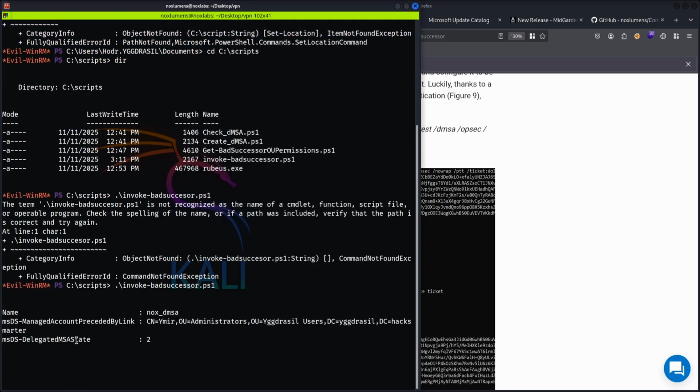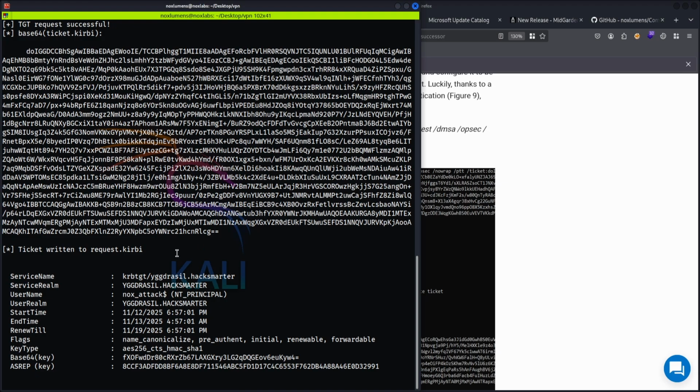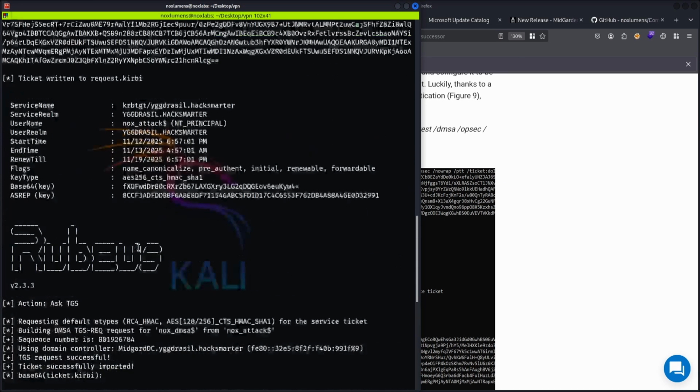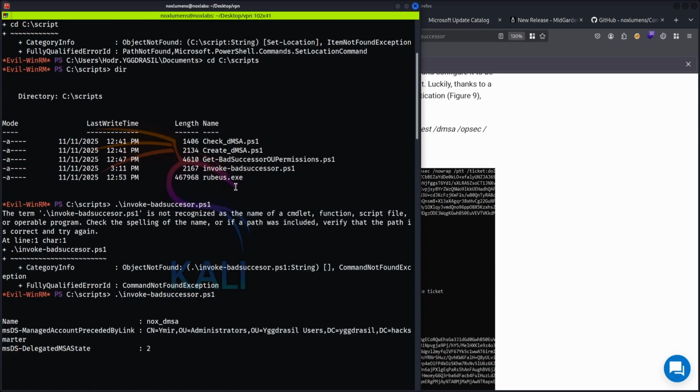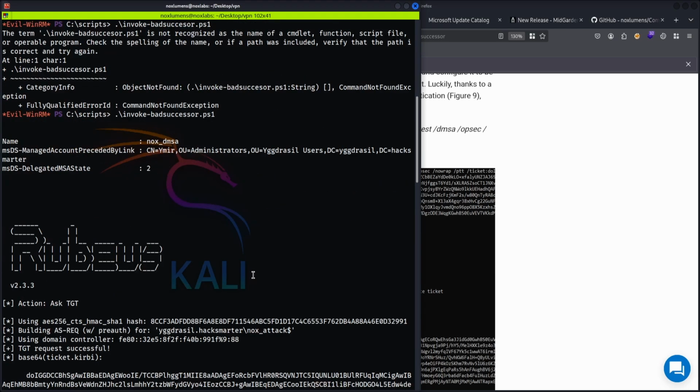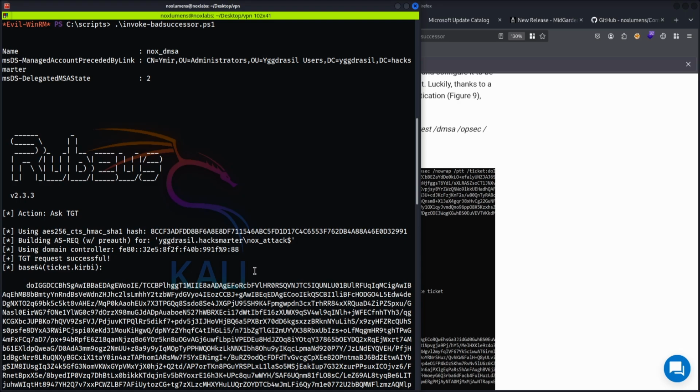There we go. So I've got it spitting out a lot of information here, and it is doing a lot of the stuff manually. Some of this I've had to set up on my own. So again, you can create this same little script. And of course, a lot of this actually relies on having Rubeus on the server in the same directory as we're invoking the PowerShell script. So just make sure that if you're going to go this route, that you're doing the obfuscation required in order to bypass